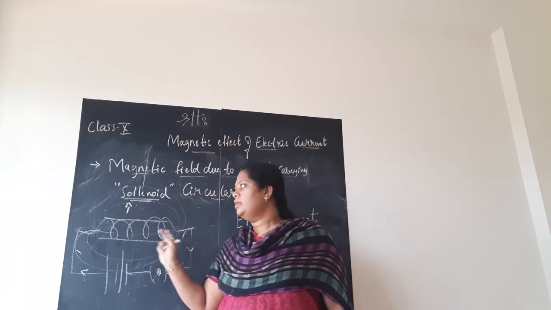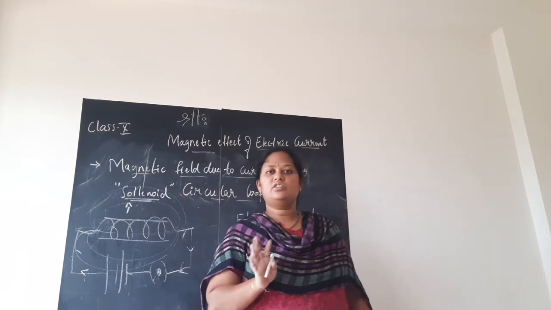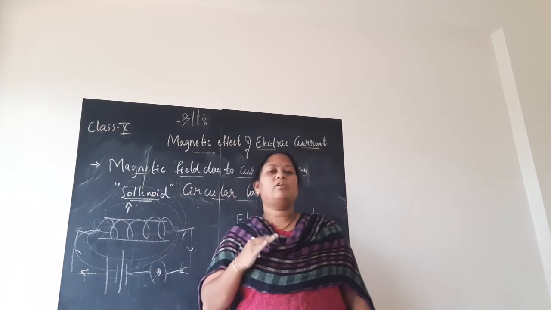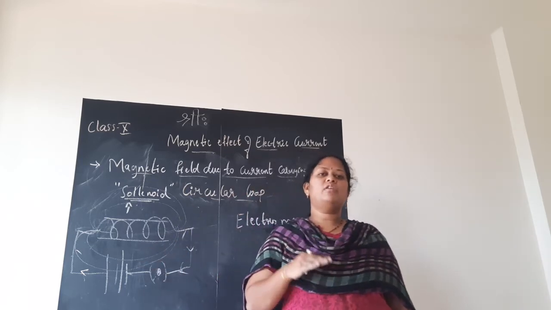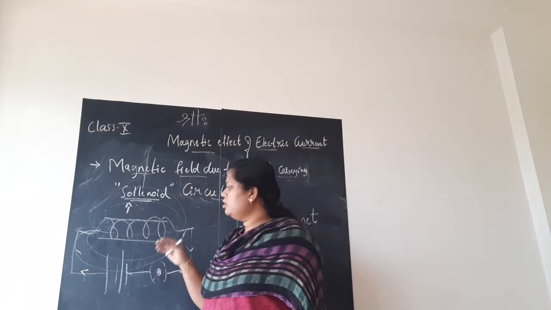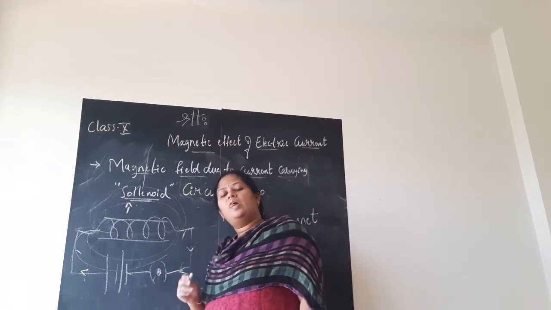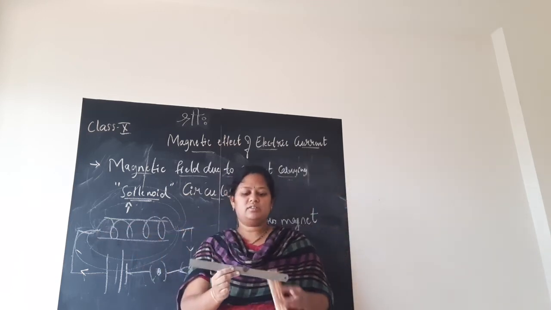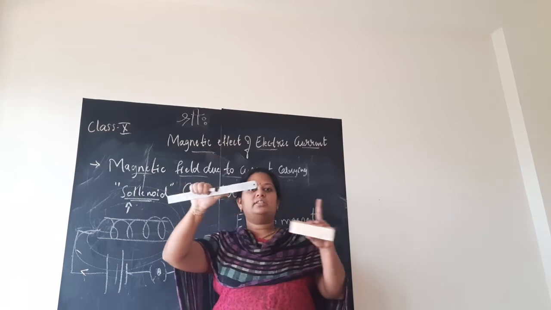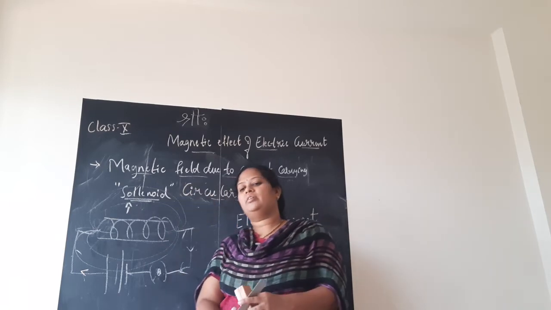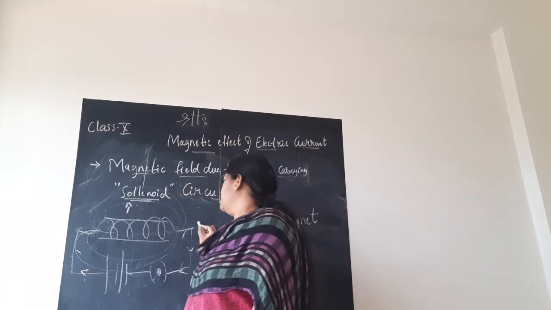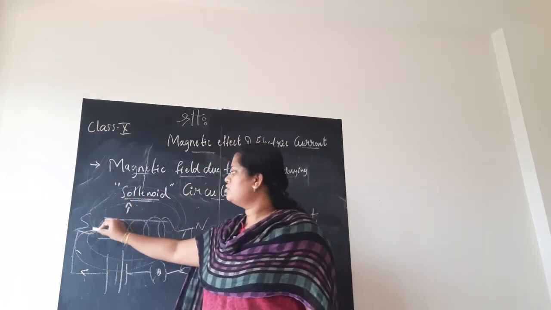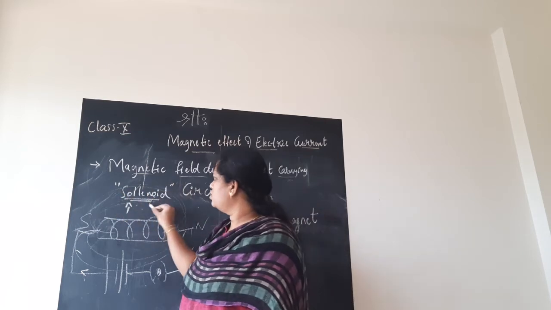Bar magnet means, simply if I draw the circular loop, it is not enough. I should show in which direction it is going. We all know that the magnetic lines of force always travel from north to south. But simply if I draw the loop, I don't know which is north and which is south. How do you find that out? Again, the right hand thumb rule. The conductor is horizontal. Hold it with the right hand. The direction towards my left it is showing will be north, and this will be south. So the magnetic field lines always flow from north to south.